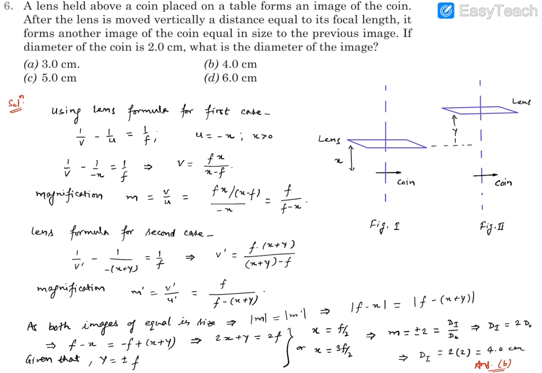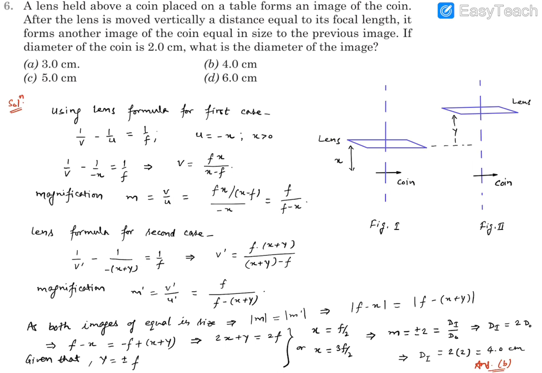So let's consider this rough figure. Let's say this is a coin. This is the diameter of the coin we can think of. And in this location a lens has been placed. Since it has not disclosed which kind of lens this is, I have just drawn this plain type of stuff, and this is behaving like a lens. Let's think that this distance, that means the length, is x. So its image is going to be formed somewhere. We can find it out.